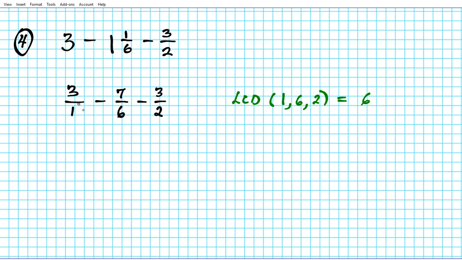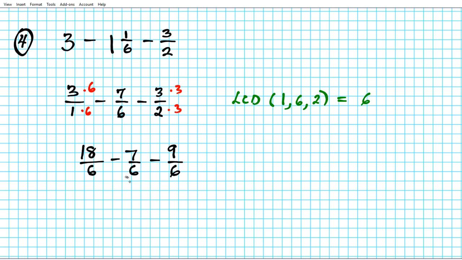Alright, the goal is to express all these fractions as equivalent fractions with the denominator of 6. So to accomplish that, 3 over 1 we have to multiply by 6 in the numerator and denominator. 7 over 6 has the desired denominator already. 3 over 2 you just multiply by 3 top and bottom. Now let's simplify. 3 times 6 is 18 over 6 minus 7 over 6 minus 9 over 6. Now we have